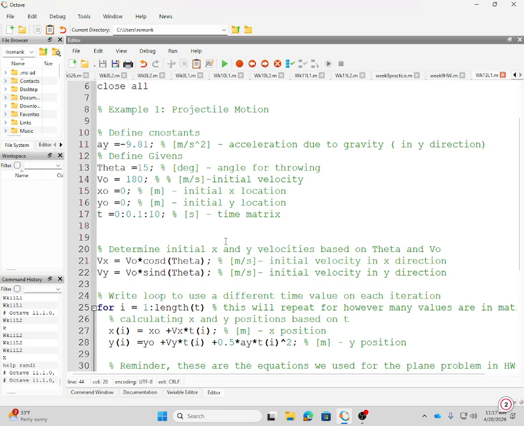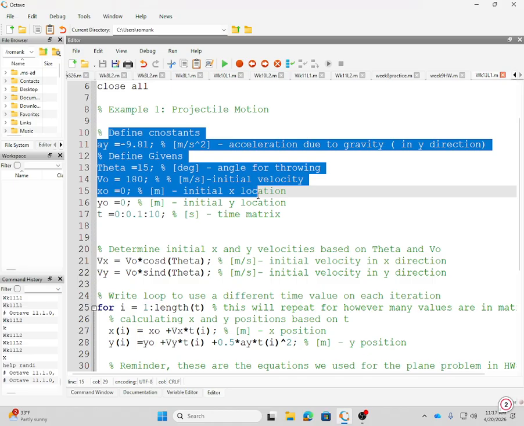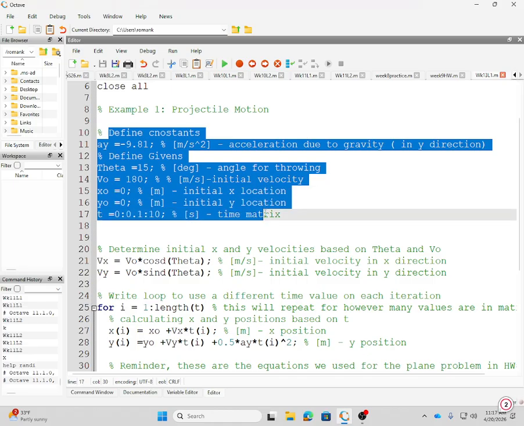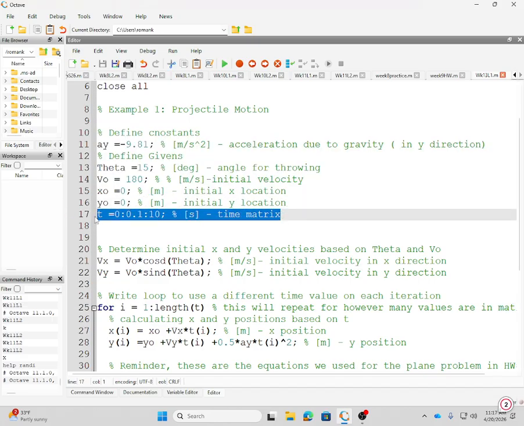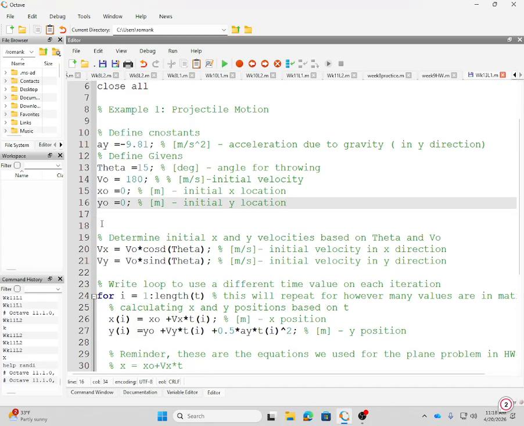The reason I did that, because most of the thing I'm going to keep. First of all, the thing that I'm highlighting, I'm going to keep all of them. Okay, I'm going to keep this up to this. And this time matrix, I'm not going to keep it. I'm going to delete it, but before I delete it, I'm just highlighting the same thing again. You see that? So time matrix, I'm going to delete it. There is a reason behind that, because I'm not using the for loop, okay? I'm using the while loop, and I don't need the time matrix, all right? So once you're done with that,